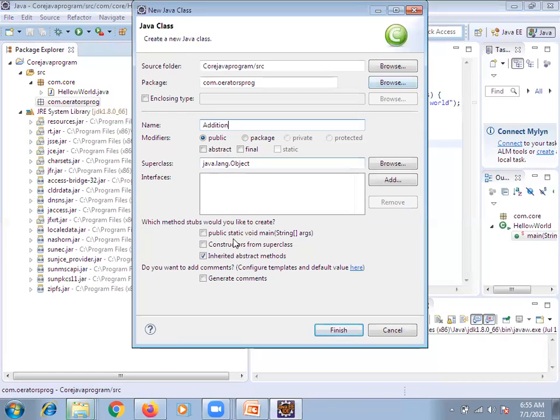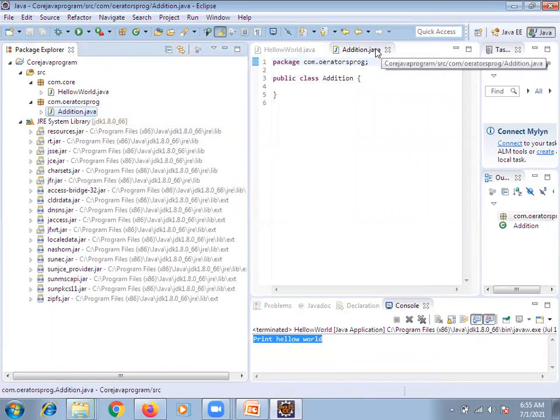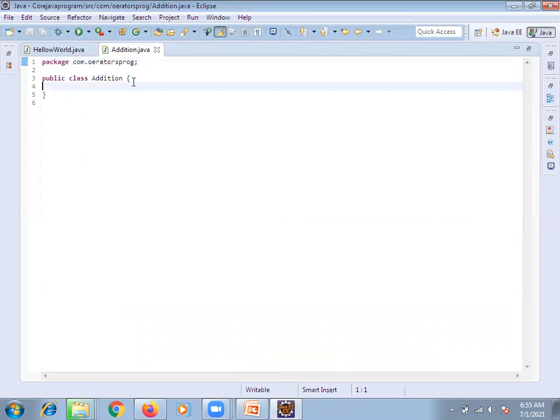You are getting what I am saying? Now I'm going to do addition. First what we need to write? Public static void main, String args.